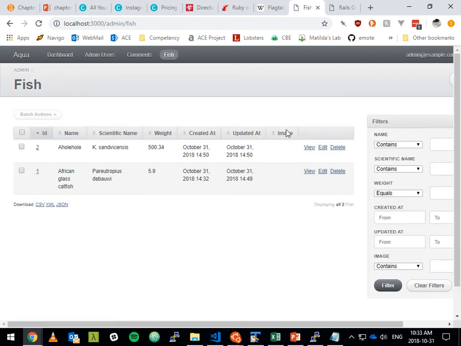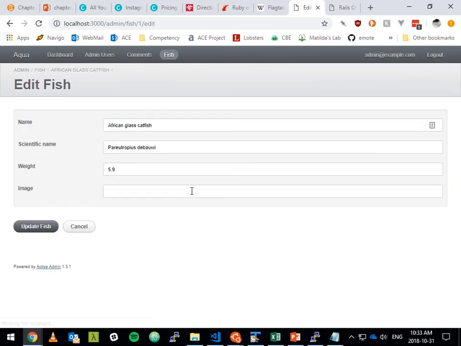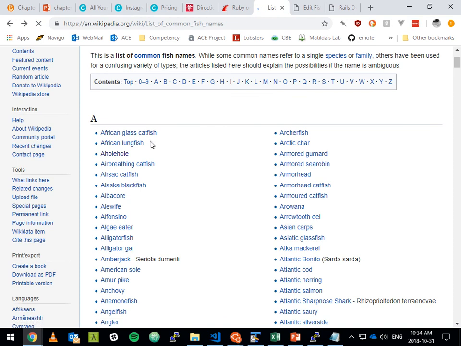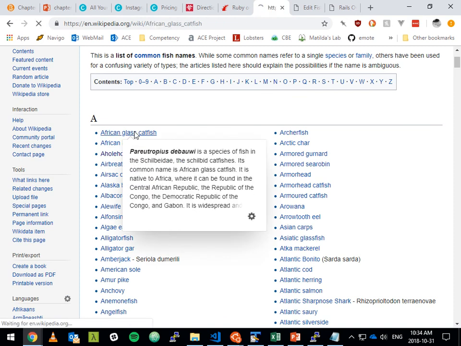There's the image column now showing up in the collection view, and if I click through here, there's an image column here as well. What I'll do for this, at least initially, is I will